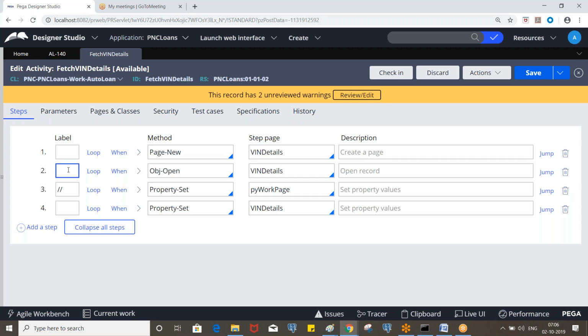Here we have standard when rules called step status fail and step status good. Sorry, step status fail. Okay, note down this.